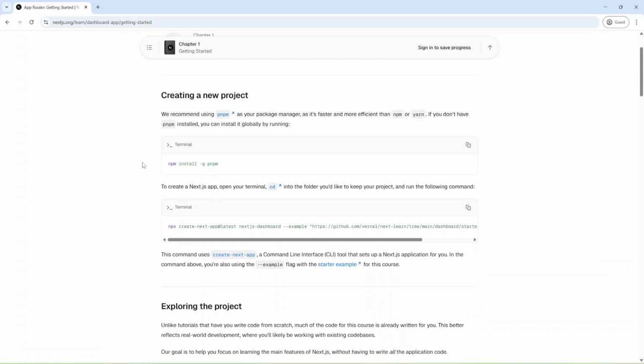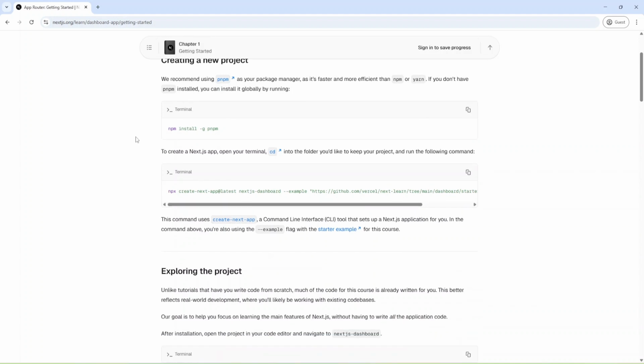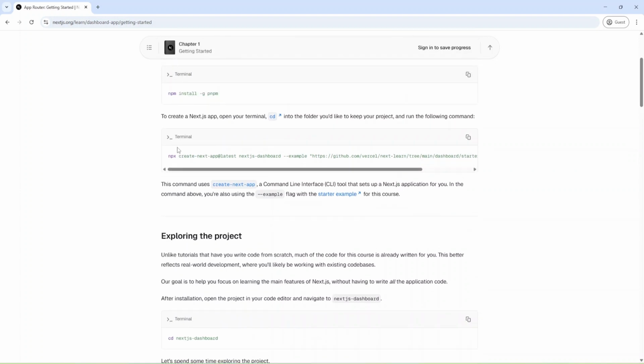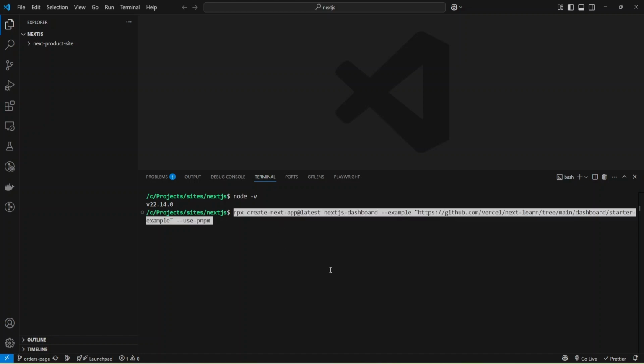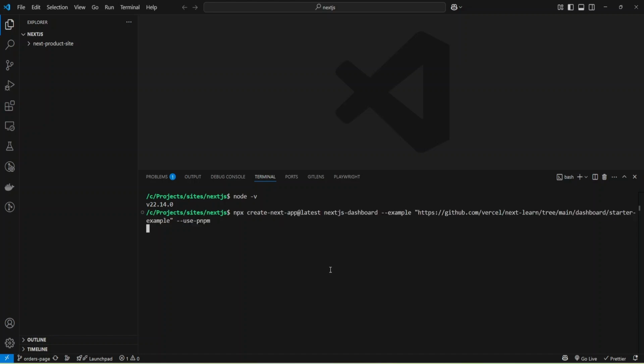And as you can see, now we need to install pnpm globally, and I have it. If you don't have pnpm, you can just copy this command and run it in the terminal, and I'll just create the Next app and run the command in my terminal.